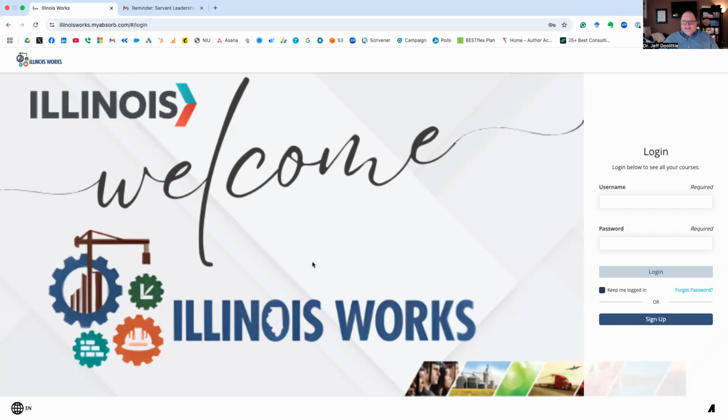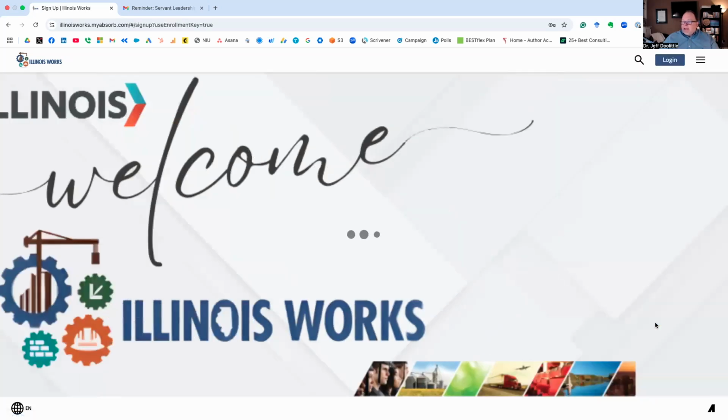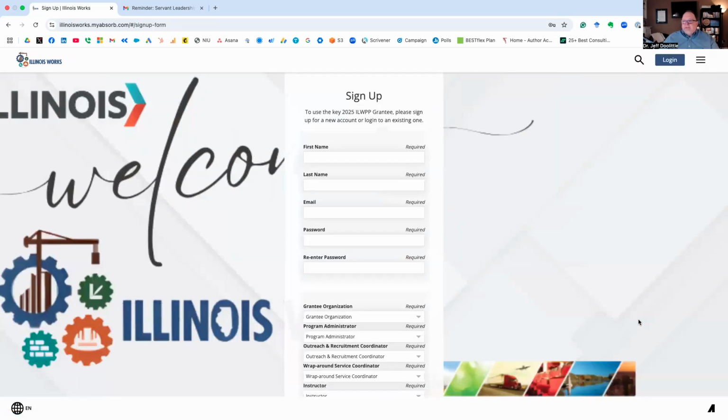If you're using a desktop, you're going to be able to see this. Now, this screen, you'll notice on the right hand side is the login information, but I don't have a username and password, so I need to scroll down to where I see sign up. And this is on the desktop version, it's a blue button in the bottom right. I'm going to click that, and what it's going to do is open up a second page with a sign